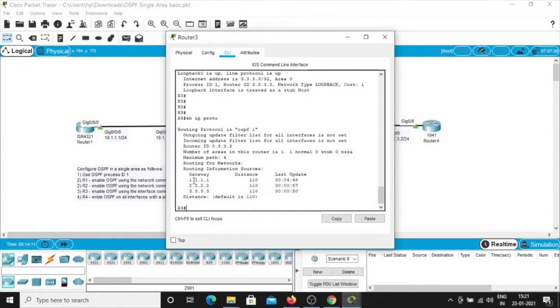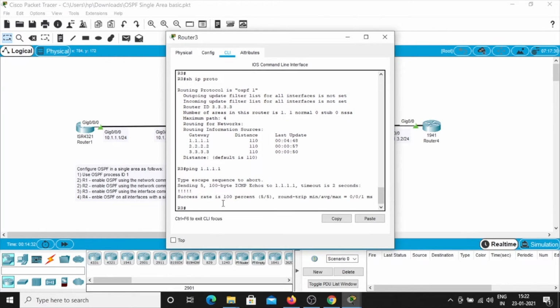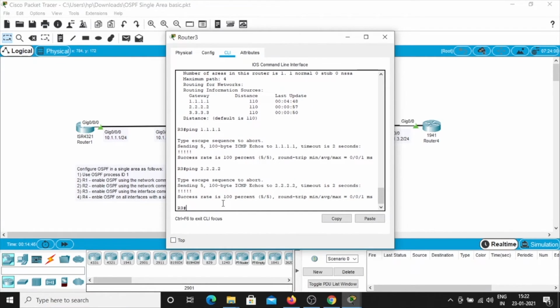See, the gateway is 1.1.1.1 with a distance of 110, 2.2.2.2 with a distance of 110, 3.3.3.3 with a distance of 110. Now we are going to check if it can ping 1.1.1.1. Success rate is 100%. Now we are going to ping 2.2.2.2. Again, the success rate is 100%.